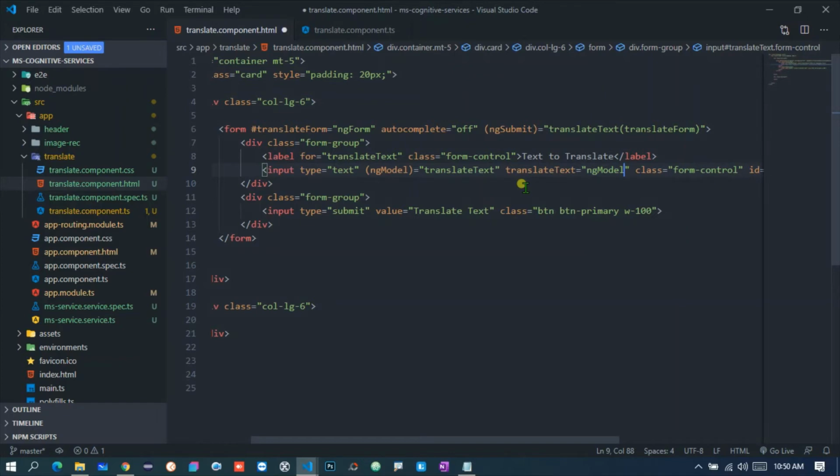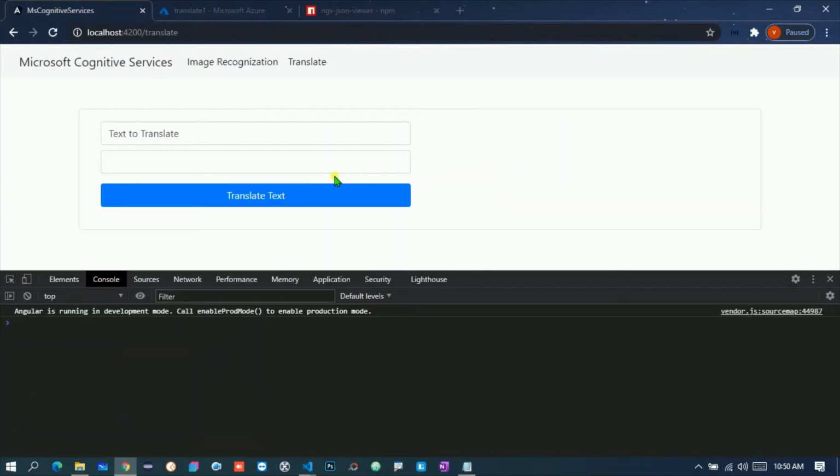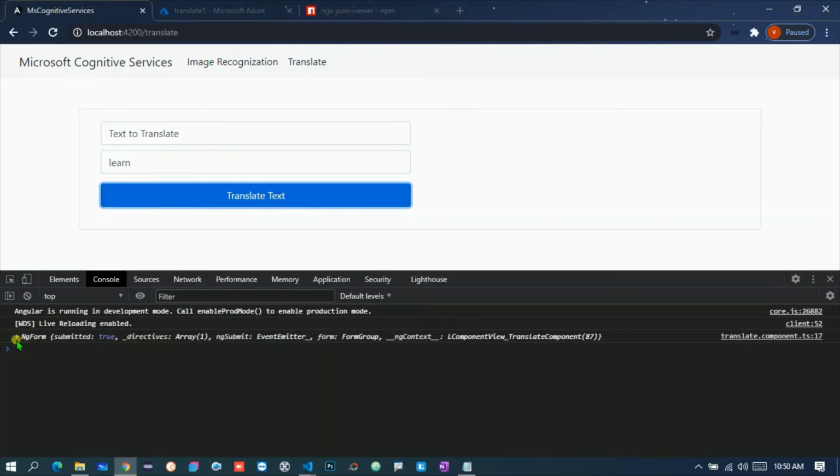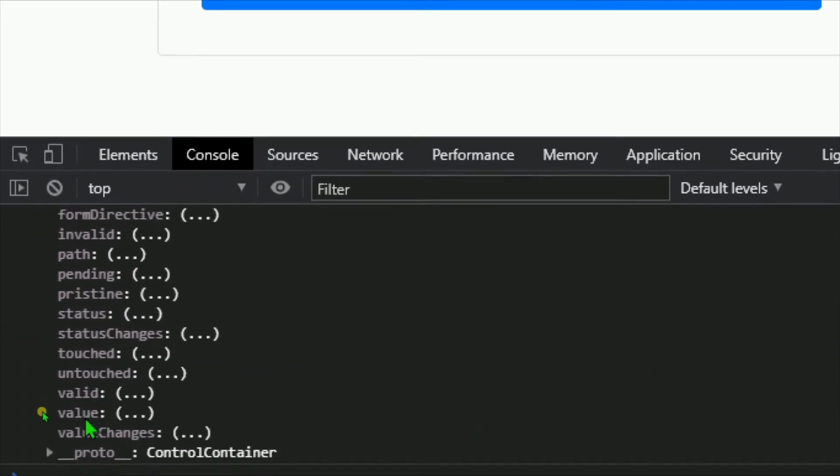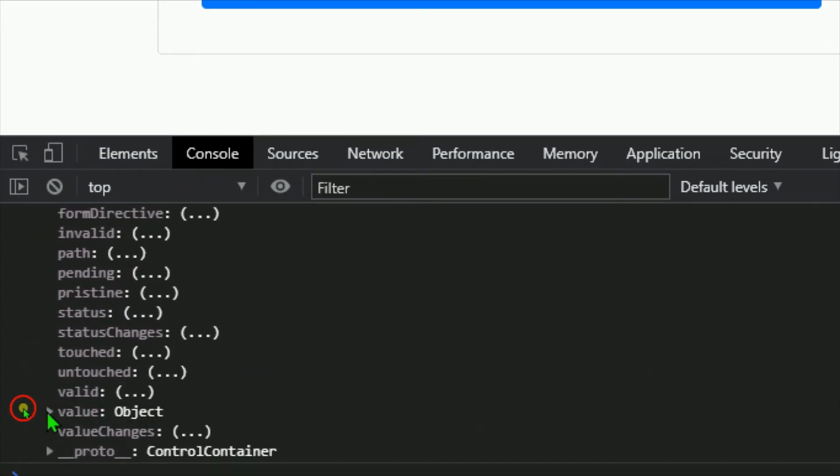And now let me save this one and go to the browser, and see what is happening. Over here let me give some text like learn. Let me click on the translate text. Again I am able to find this form, so let me click on this, and again go to this value, and now over here let me go to this object.